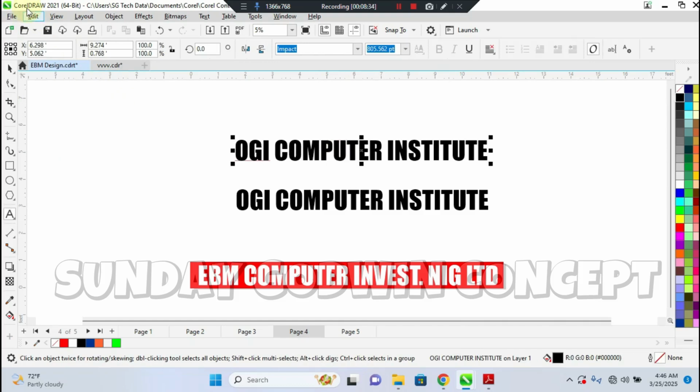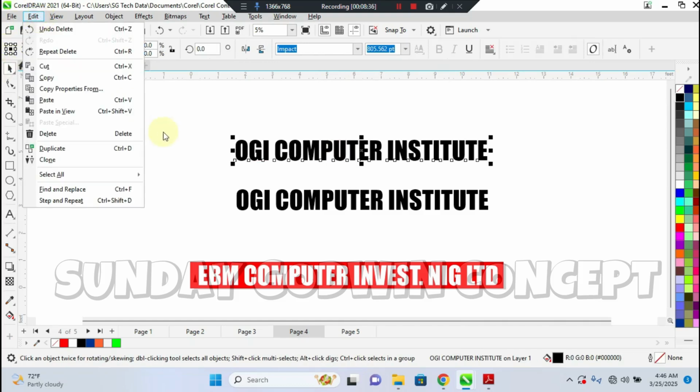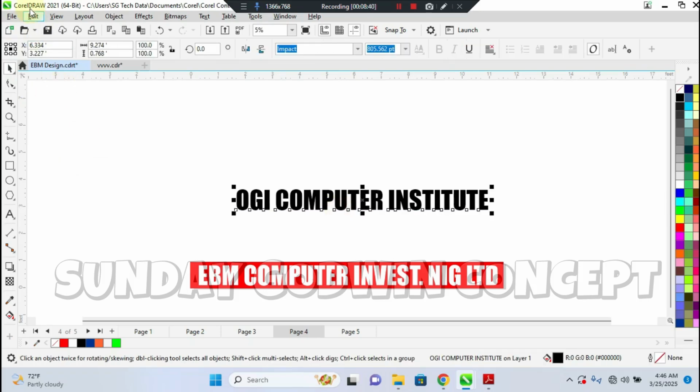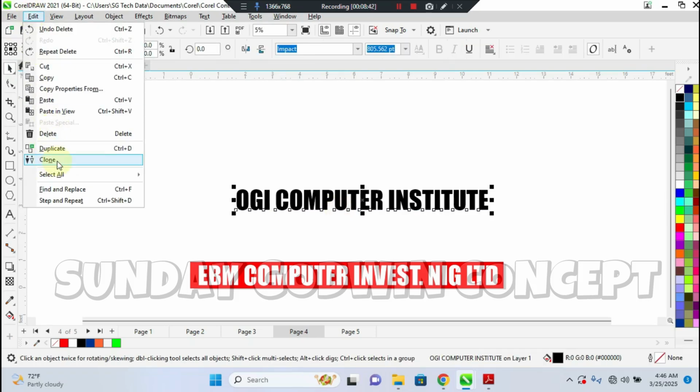Just like you have delete from your keyboard, you can equally delete from here also. Now the next thing we are going to look at in this regard is a clone. What is a clone command used for? Just like you can see here, the clone command is just like duplicate, but there is a difference between the duplicate